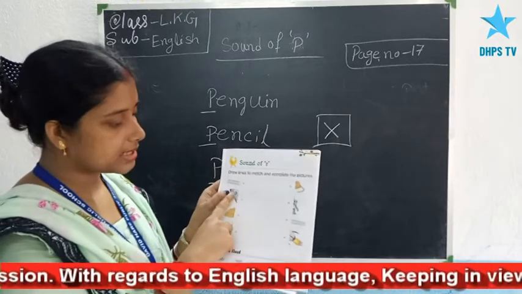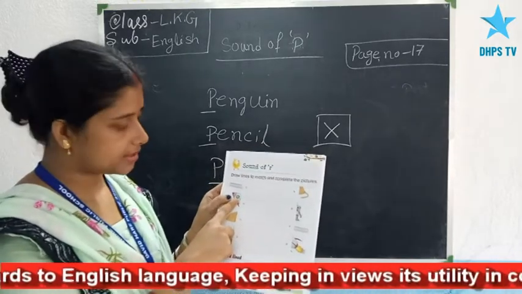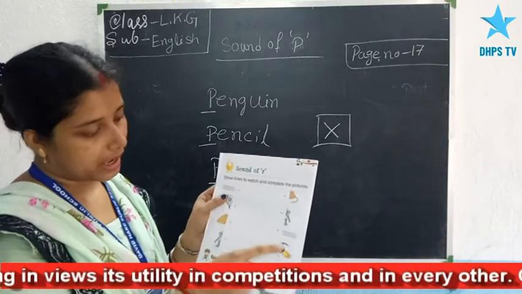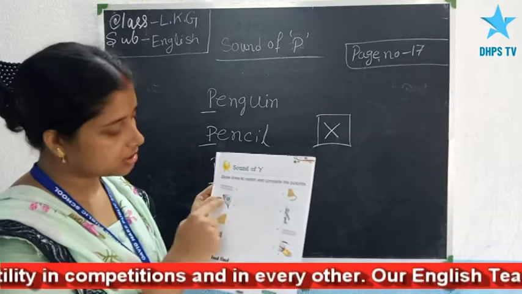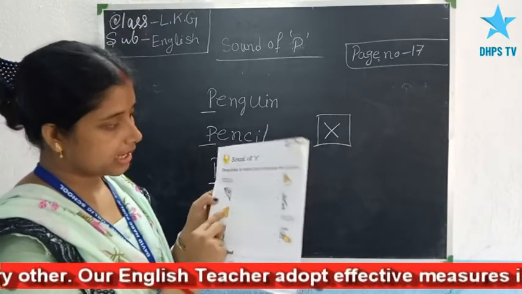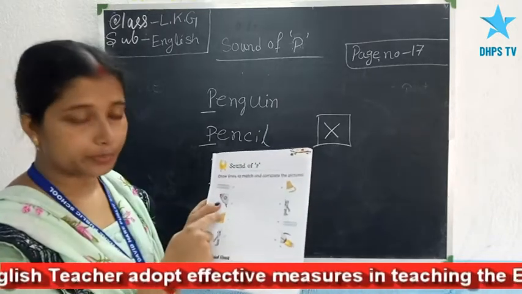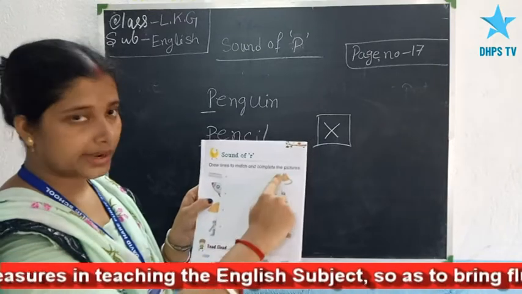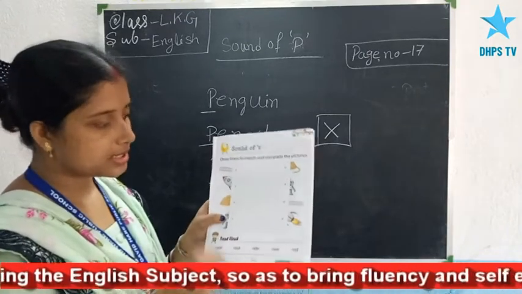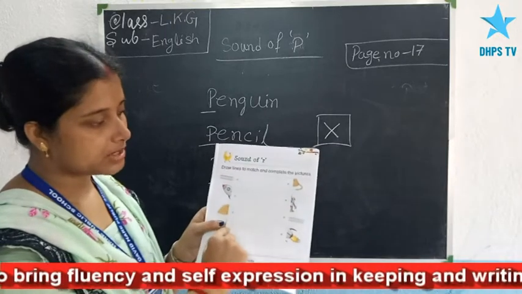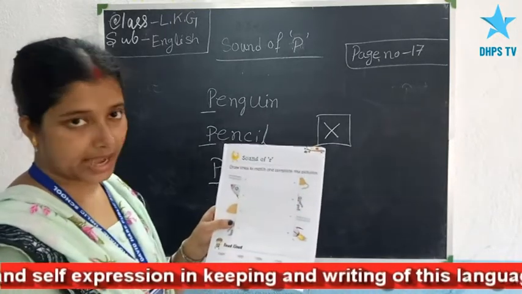Then this is a picture of a rocket and a portion of a rocket, and this is the left portion. So join a line from here to here. Then this is a bundle of a rope, and this is the left portion. So just join them. Then this is a robot. So just join from left side to the right side.